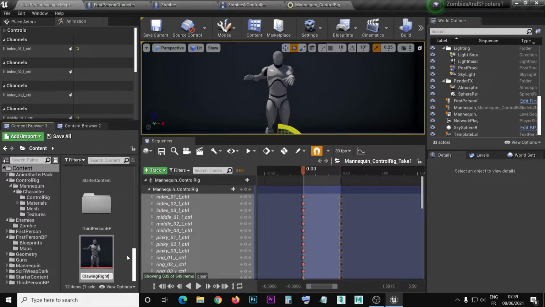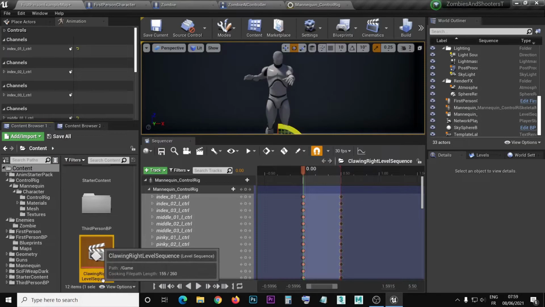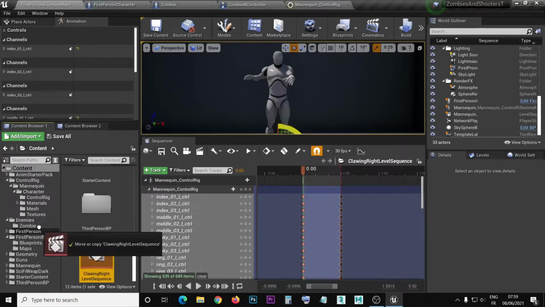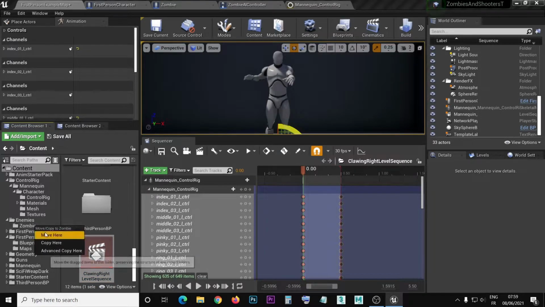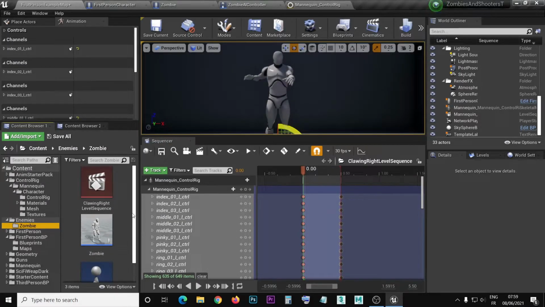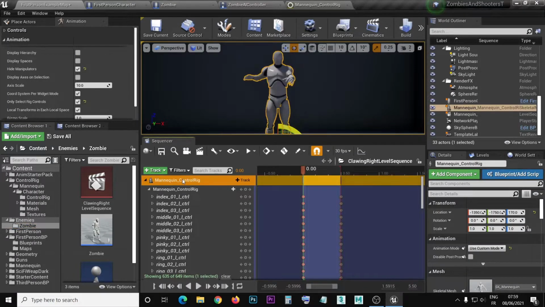Glowing right, level sequence, because it's a level sequence, and we hit enter to save. Now we move it to this folder, the zombie folder. Move here. Okay. So now, having created the animation in a sequencer, we just have to select this control rig,